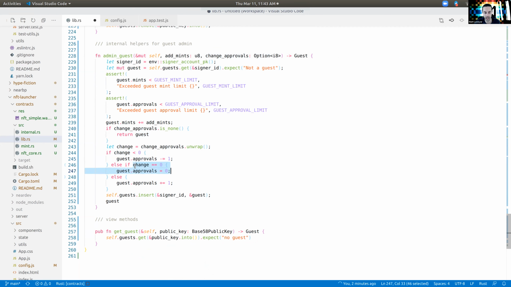I want to set it to 0. So that's revoke all. And then I want to add an account as an approval. So I want to approve 1. So I have 3 things I actually may want to do, and one situation where I don't want to do anything. So I made it an option, and I just say, if it's not there, then just return the